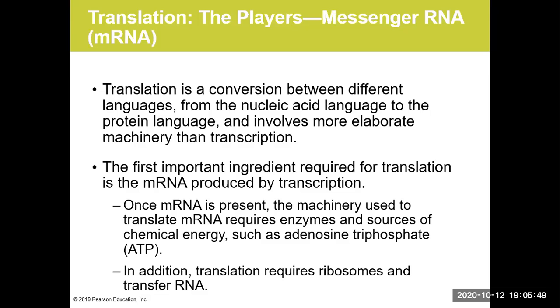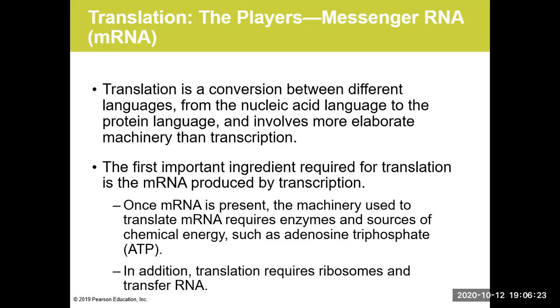Now we've learned all about making RNA. Translation is conversion between different languages, from nucleic acid language to protein language, and this is much more complicated. It requires more elaborate machinery than transcription. The first ingredient that is needed for making proteins is, of course, the mRNA. In addition to mRNA, there would be enzymes, there would be an energy requirement, and ribosomes, which are organelles present in the cytoplasm, as well as